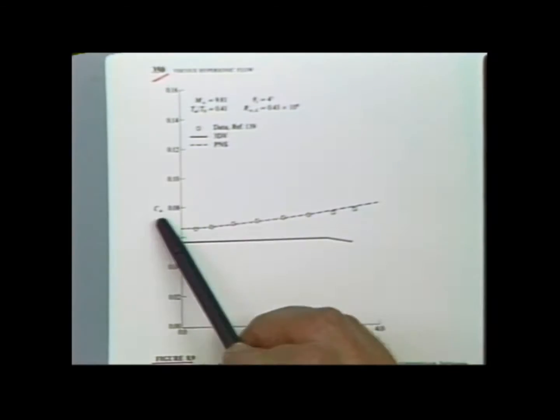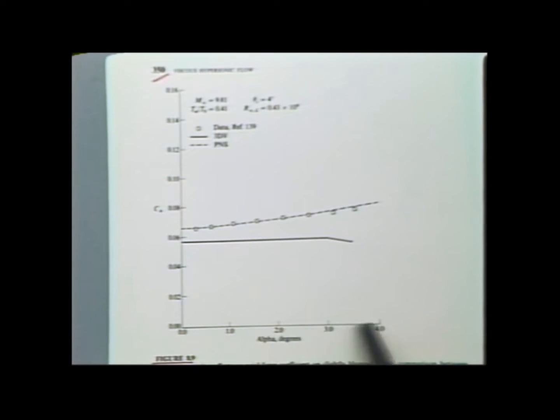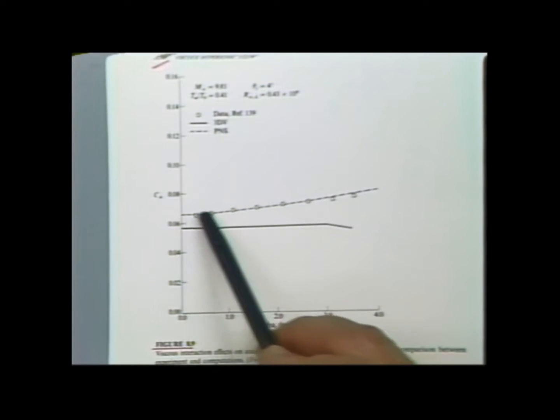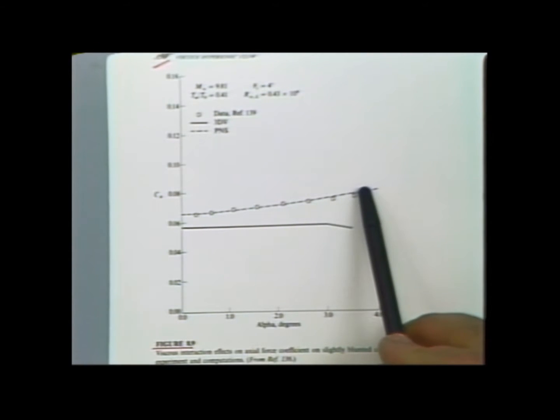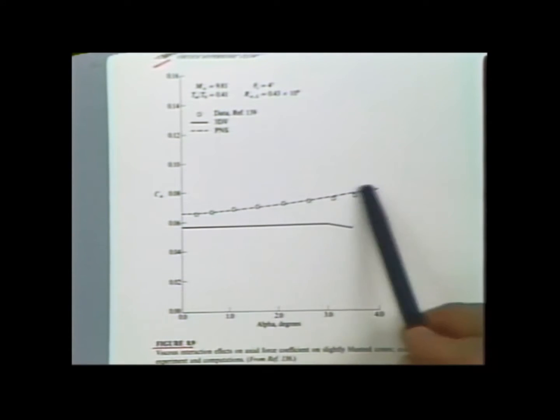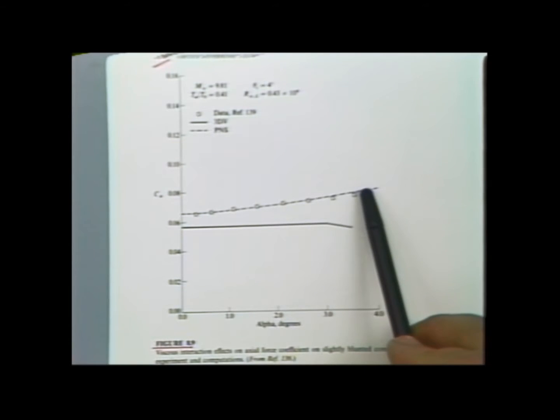Here's a plot of the axial force coefficient as a function of angle of attack for this cone. Same scenario: experimental data up here. The boundary layer calculations are down here, but the parabolized Navier-Stokes calculations agree very well with the data. And again, it's an indication of the following thing. In hypersonic viscous flows, especially in regions where you have to worry about viscous interactions,